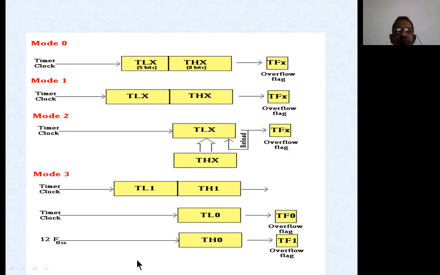That means we can use it for the baud rates. Why do we normally use baud rates in communications? Whenever we want to transmit any data from a microcontroller or receive any data into the microcontroller, we have to transmit and receive using baud rates. Baud rate in short can be called bits per second.